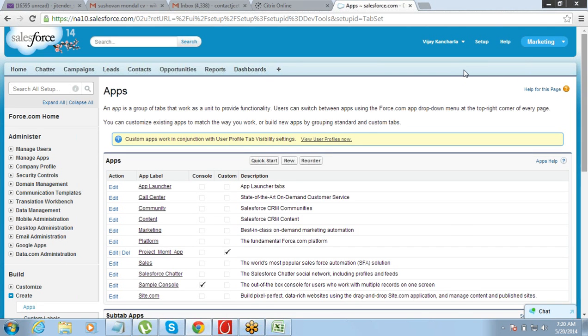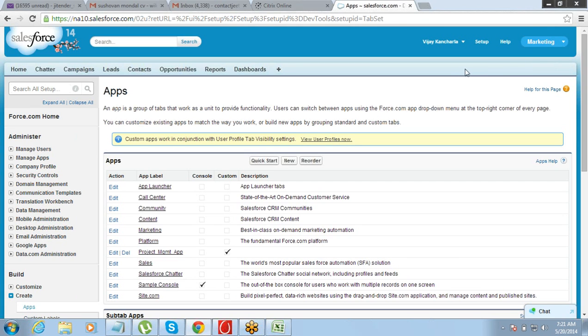Quick question here. On the previous screen, you said we cannot remove the home tab. But why would I need the home tab on a new app? Why would you need the home tab? That is not the thing. That is a standard tab and we have made it mandatory on all the apps. You need it, you do not need it, we cannot help it. Okay, there is no flexibility on it. There is no option of removing that. Fine. So that is, as I told you, the standard things, we have very few options to change. Okay. So home tab will be available under every app. We cannot remove it from there.